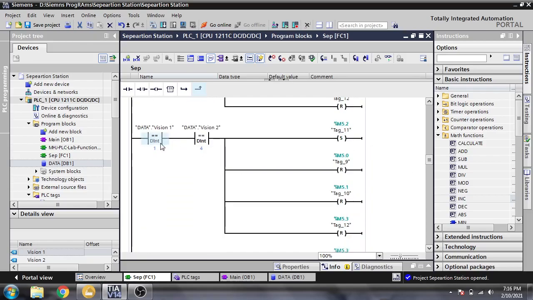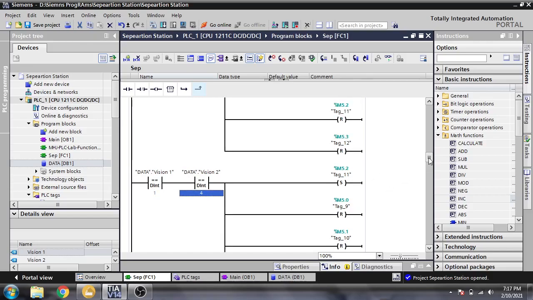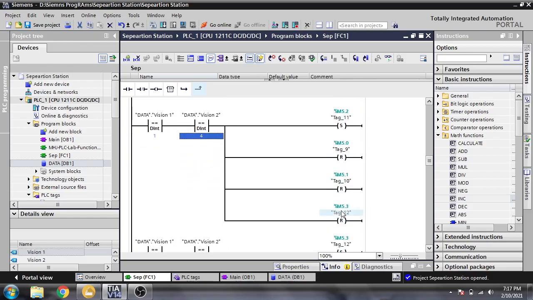So if one is blue and the other one is green, means one data vision sensor has value 1 but the other has 4. One value is for blue and 4 is for green. Then it will set M5.2 but reset all those.